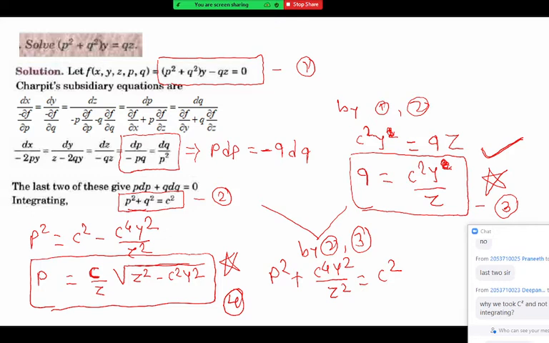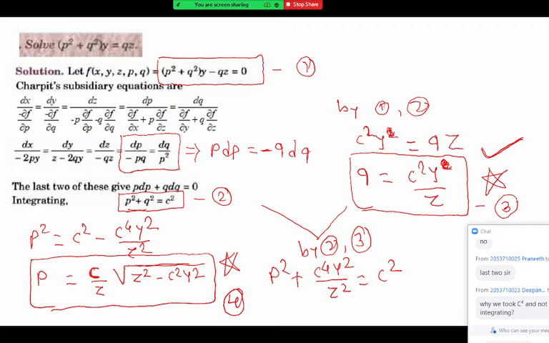Why did we take c square? Yes, you can take only c also. You can play with the constant for looking better. Whenever the integration of 1 by p comes as log p and log q, generally we take the constant as log c. Whenever every integration term gives us a logarithmic integration, then we take log c. Whenever everything comes in a square, you can take the constant as c square also for looking better. Otherwise, you can take just c, doesn't matter.